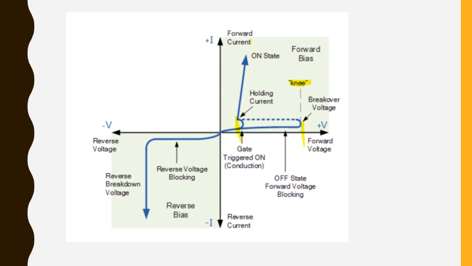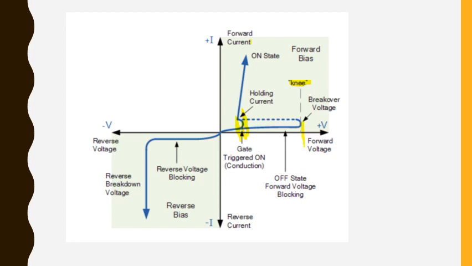If I apply the gate current, then what happens is you are making the junction J2 of the transistor forward biased, because of which the current flows through anode to cathode in a shorter duration. So when I do that, this will be my breakdown voltage. You need to be noting down what is the gate current for which it has got triggered and this breakdown